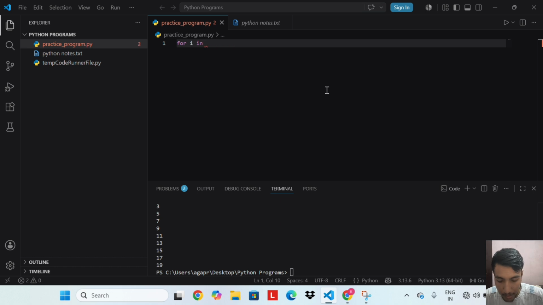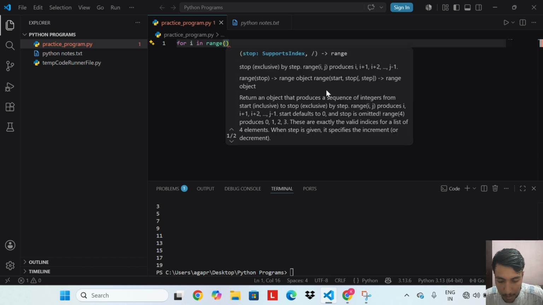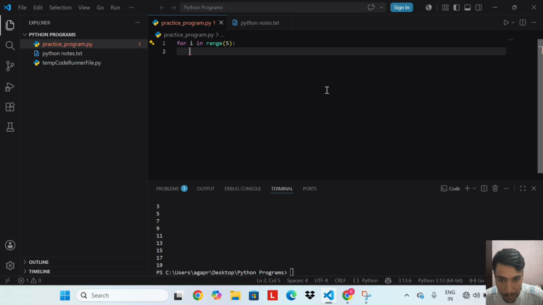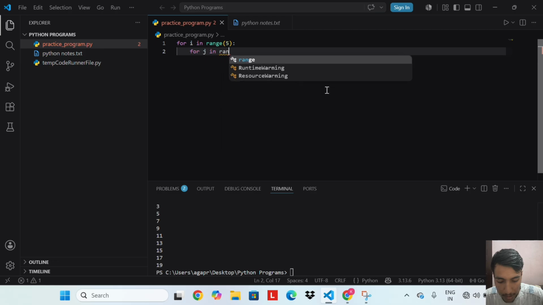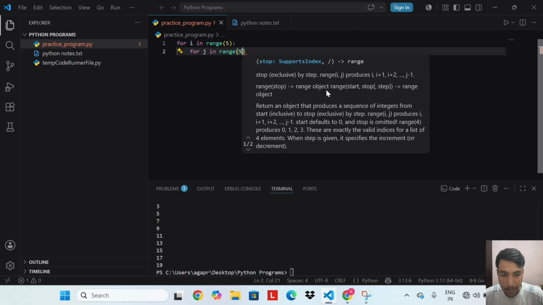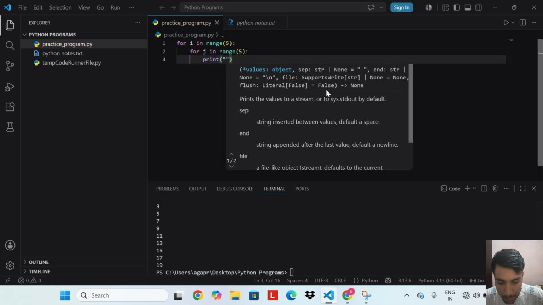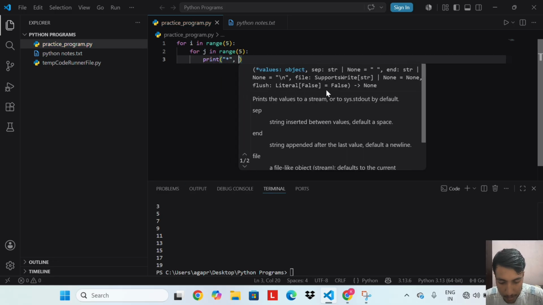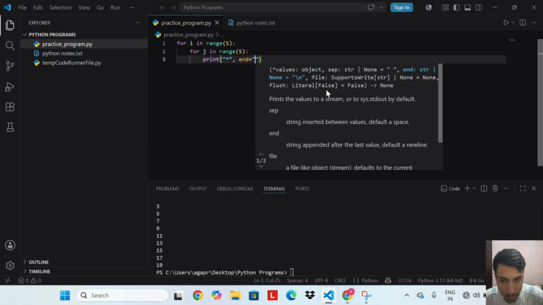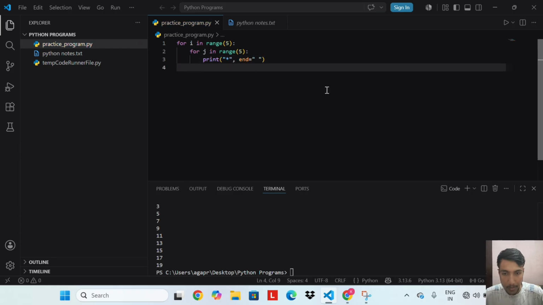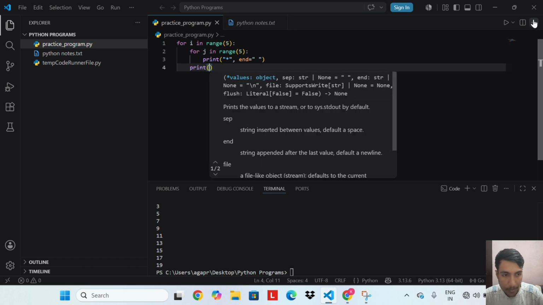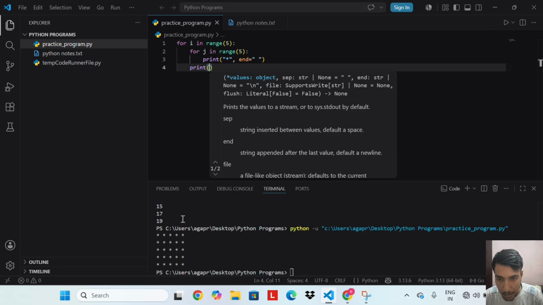For i in range(5): for j in range(5): print star, end equal to space, and then print. Let's run this. We get the star pattern of 5.